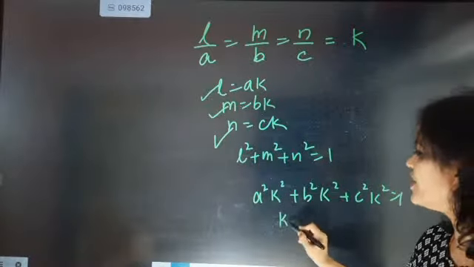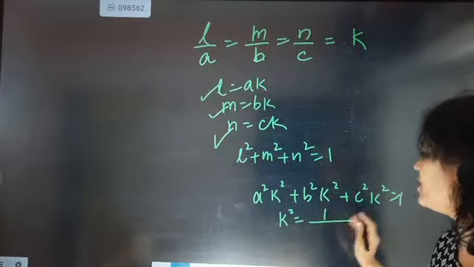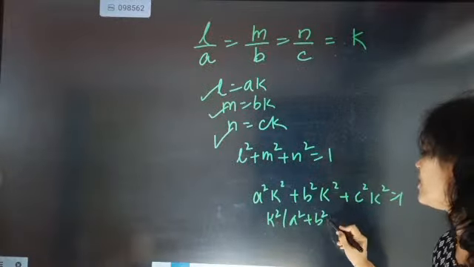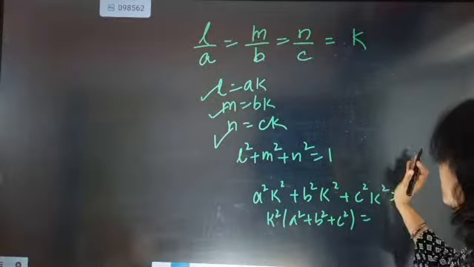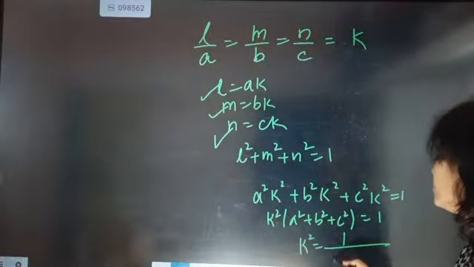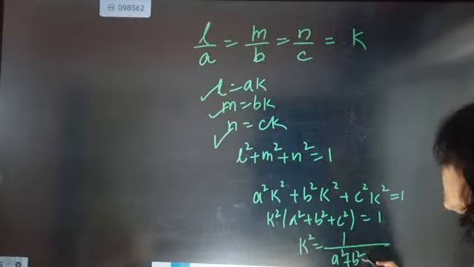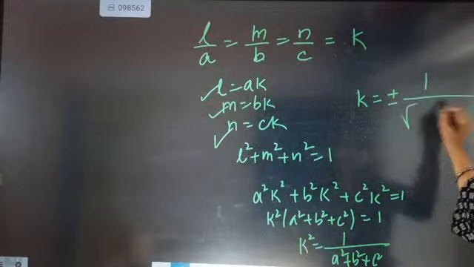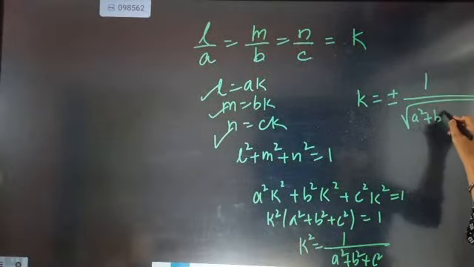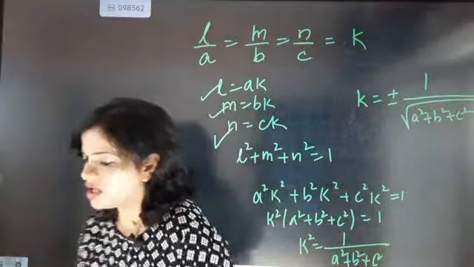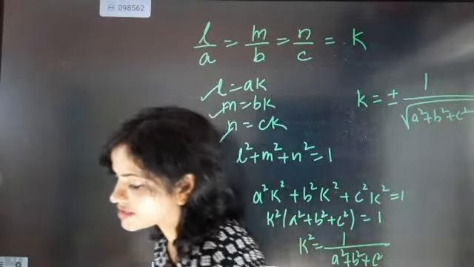Now take K square common: K square times A square plus B square plus C square equals 1. So K square will be equal to 1 by A square plus B square plus C square. So K will be equal to plus minus 1 by root of A square plus B square plus C square. So if somebody asks you to find the direction cosine along the x-axis, y-axis, z-axis,